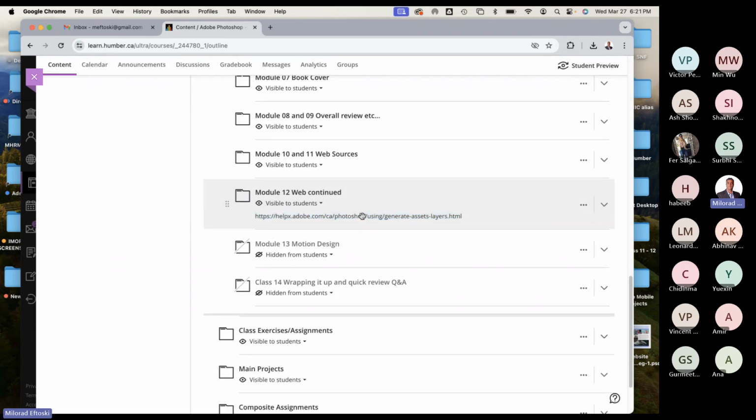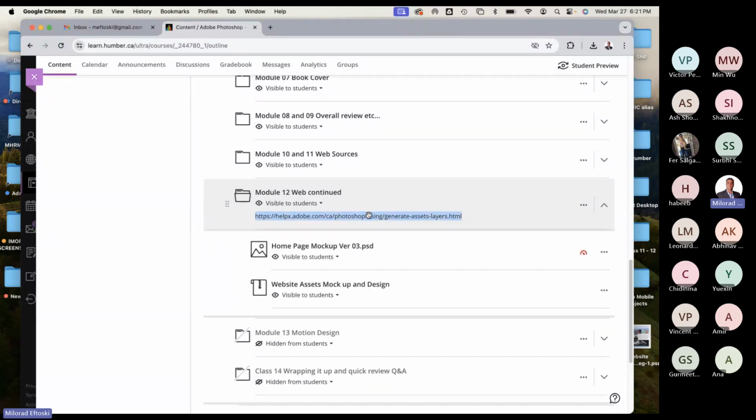You ready for this little trick? Okay. See where my hand is here? That's why I'm moving my mouse a lot, just so you can kind of focus on what I'm doing. Usually if I'm not moving it, it's hard to focus on my positioning. If you double click on this area here where it looks like a hyperlink, if you copy it, if you open up a new tab, if you paste that link there,